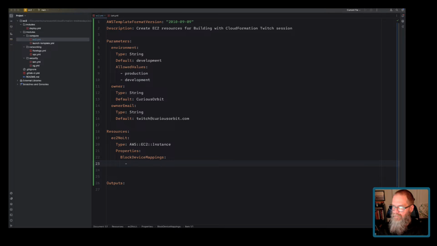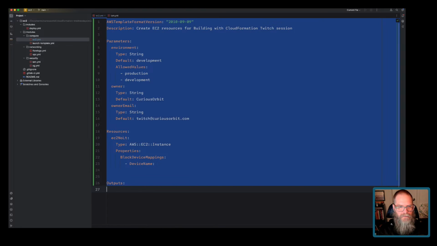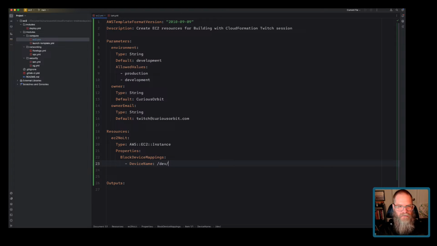And let me just pull this up in the doc again. Okay. This is not required. It's just an extra step we're doing to show you how this works. Okay. So our device name in this case will be /dev,